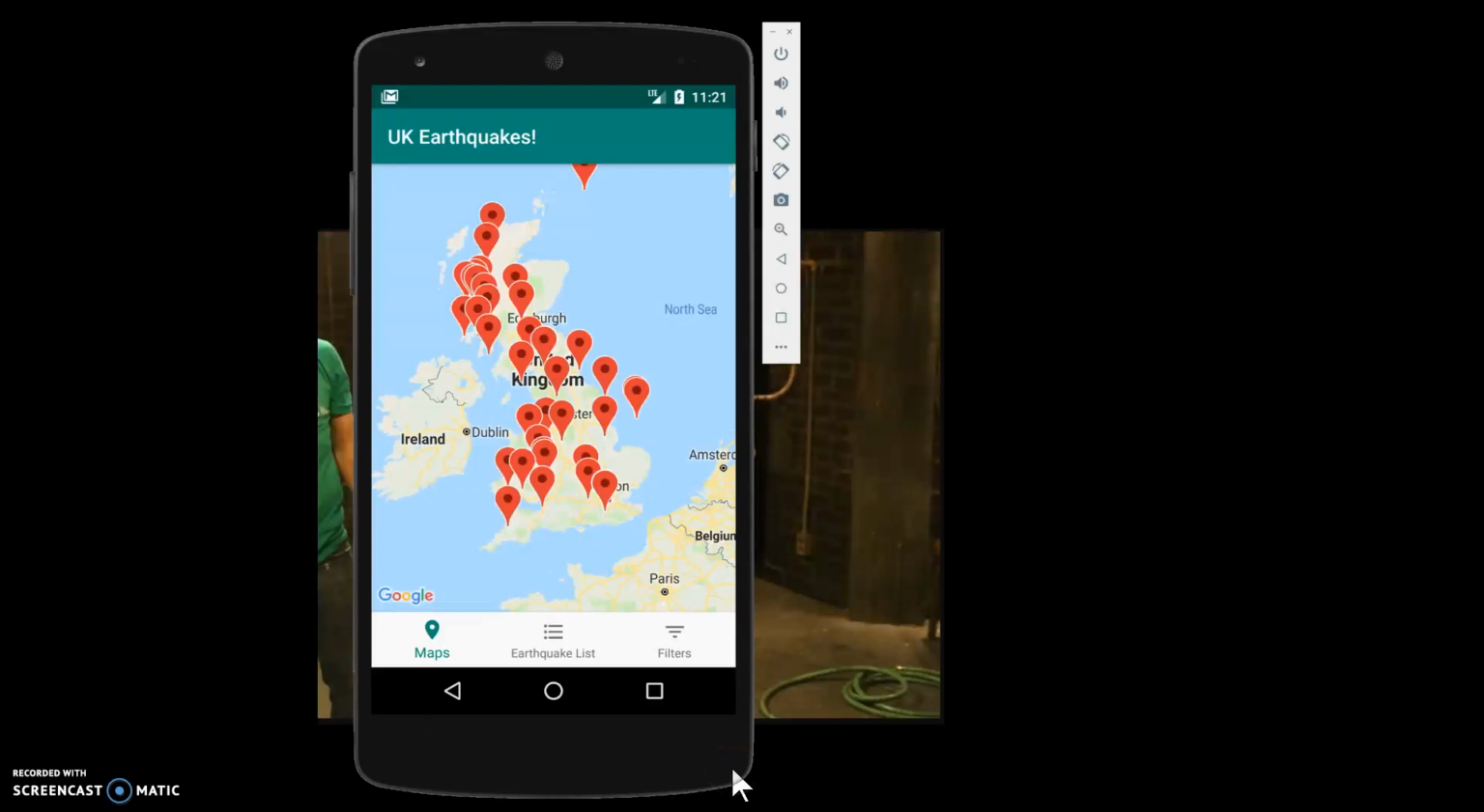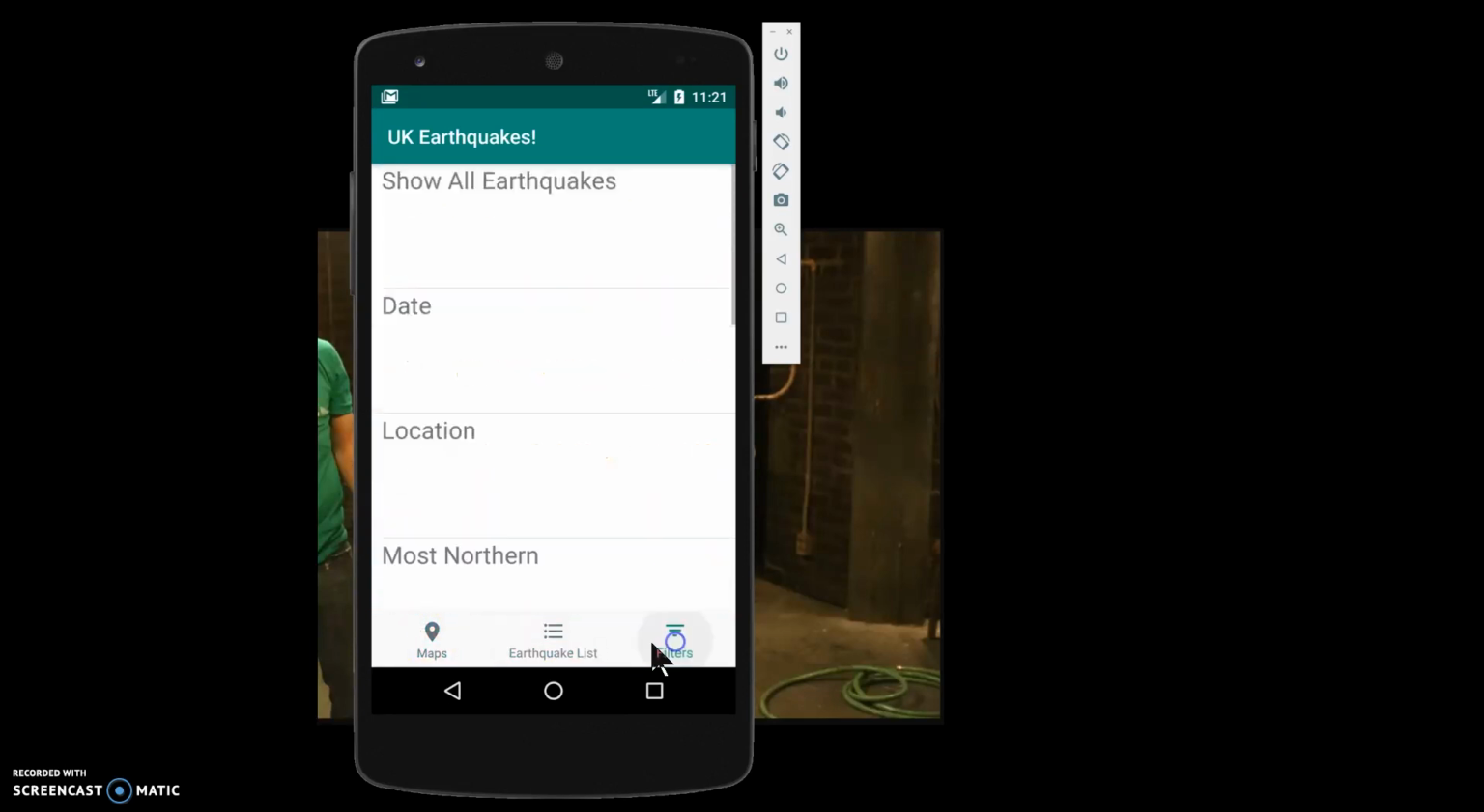This is Andrew Kismali demonstrating the mobile platform development assignment application, the Earthquake app. So this is our home view. We can click on any item on the bottom